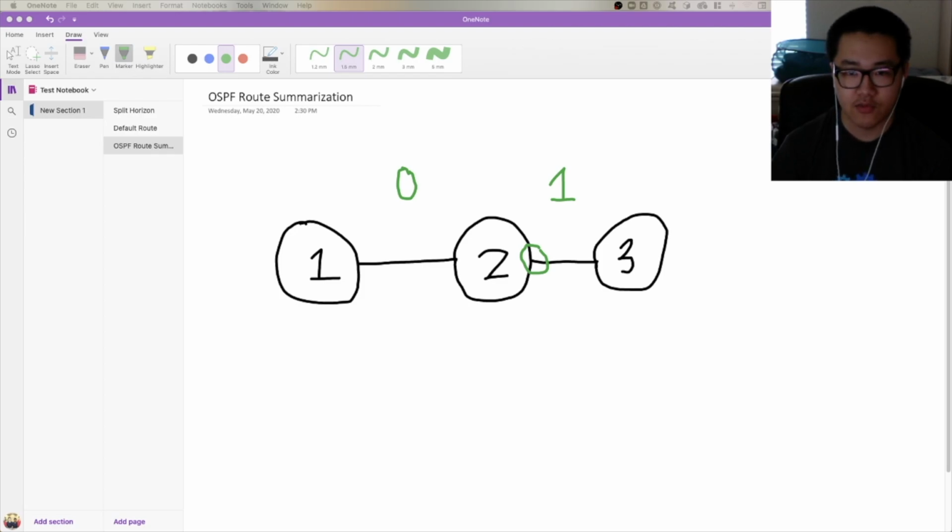So this is actually going to be the final diagram that we're using, right? We have router 1, router 2, router 3, and router 2 is our area border router, because it's connected to area 0 and it's connected to a non-backbone area, which fulfills the requirements of being an ABR. Now, how we're going to actually do this is I have a lab set up in Cisco Modeling Labs,